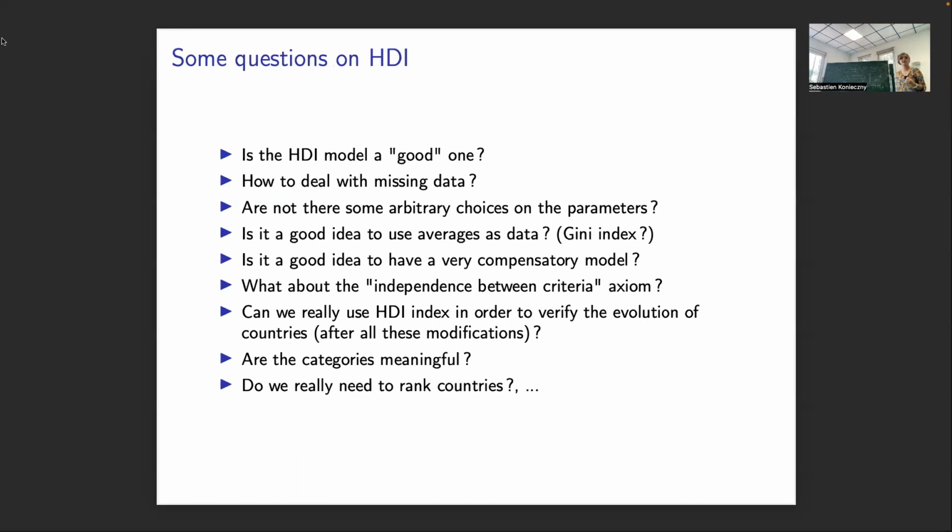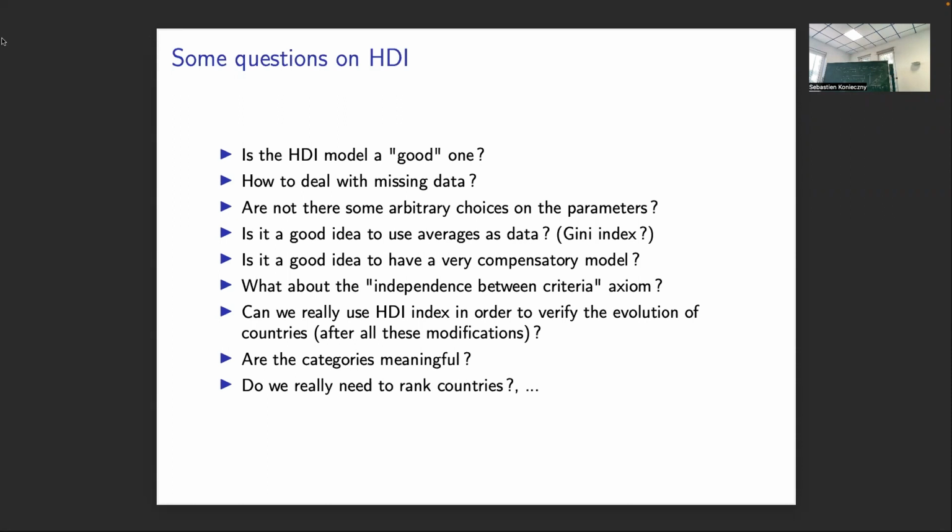Because they are all the time doing modifications. So if you do modifications, it is normal that the values change. So it is hard to really use the old scores in order to say that you are doing good or not. And the question that I want to mention also here,